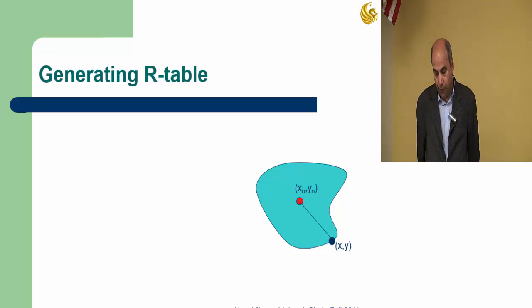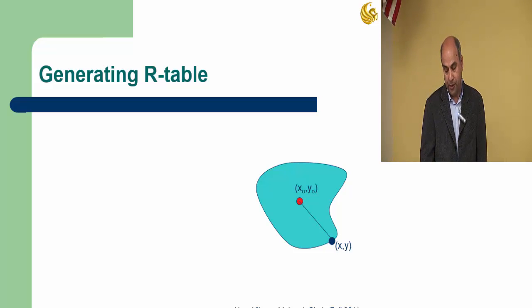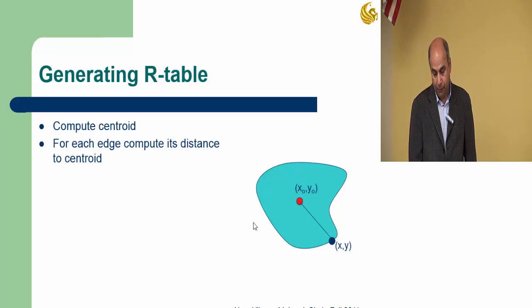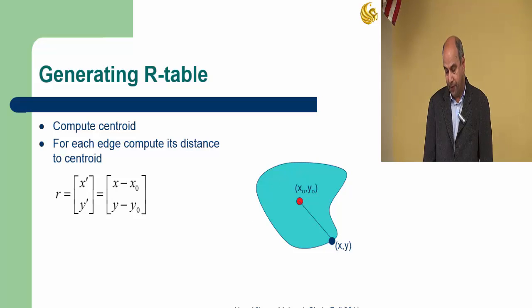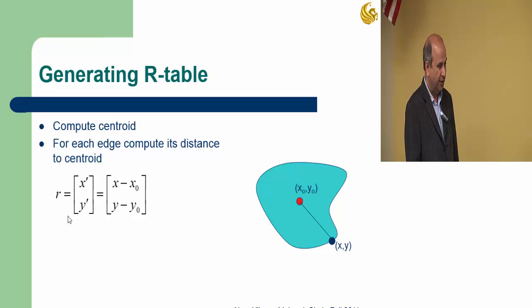So what you do, all these points lie in this shape. You find the centroid of this, which is shown here, which is like the center of a circle, and this is a point x, y lying on the boundary of this shape. So now we want to find the distance of this point from the centroid, and you just subtract the coordinates, and we'll call that the R vector, which is like the radius of a circle. Okay,